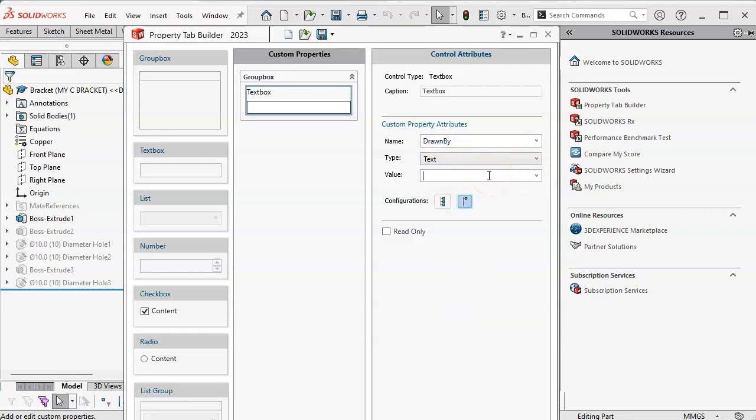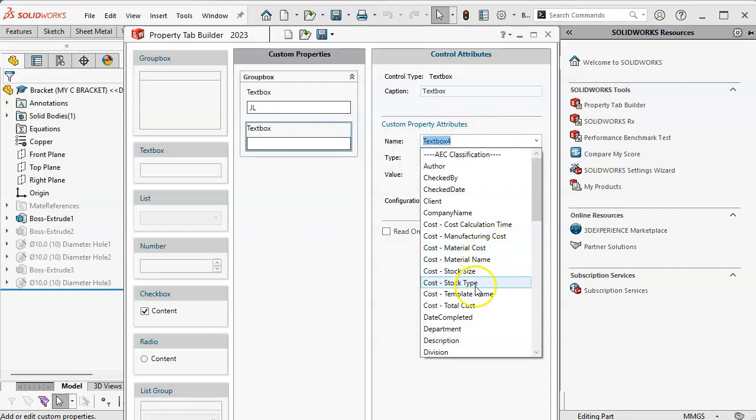And if I was the only one using this, I would go ahead and put my name. The other choice I would have is to make a list. So if there were 4 or 5 people doing modeling and we were going to go by initials, then we would build those out, and then this is going to be a custom property for all configurations. It's just a starter. All right, and then the next text box would be for the drawn date,